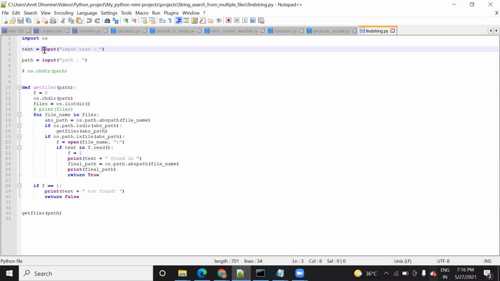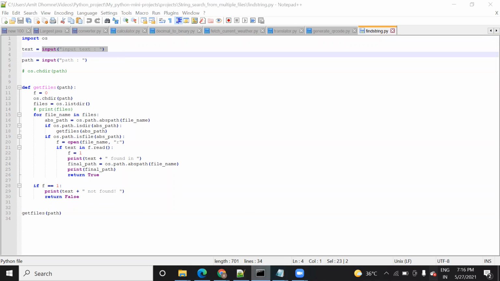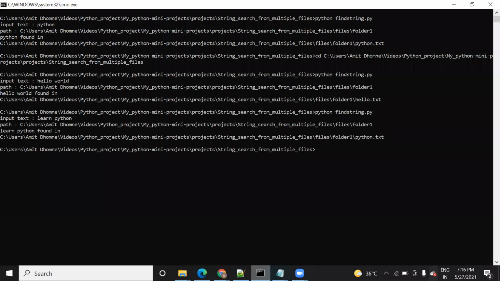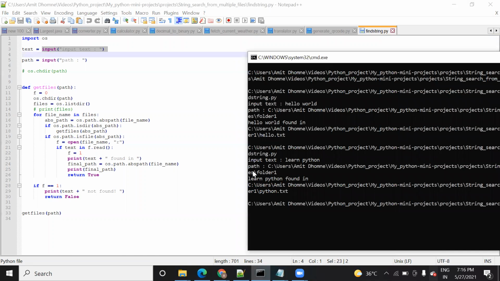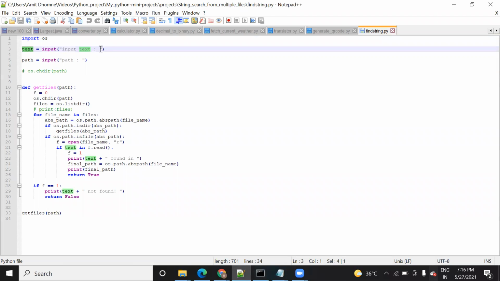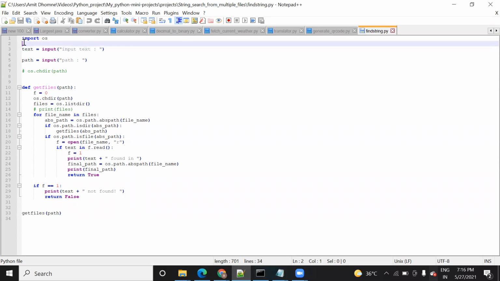This text is for accepting the input from a user. As you can see here, the input text that you are getting is because of this. Here I have created one variable, text, and I have taken the input command, so with that I am going to accept an input from a user.